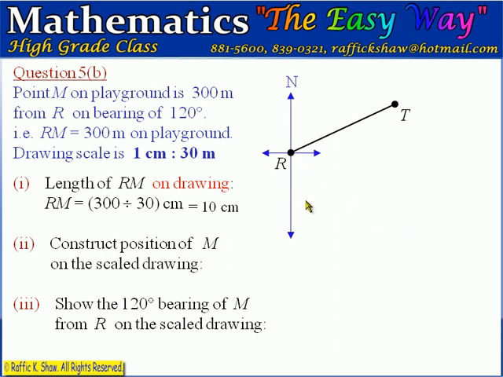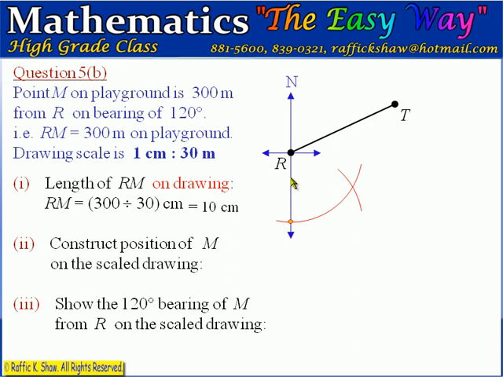So let's proceed by constructing a 60 degree angle down here from this point R. And to do that, we simply from this point R construct an arc with a compass right here. With R as a center, we construct an arc here. Then we move the point of the compass to this point, and without changing the angle of the compass and the center being here, we cross this arc with a second arc, and that's the second arc right here. Now the straight line from R through the intersection of these two arcs will make an angle of 60 degrees with this line,